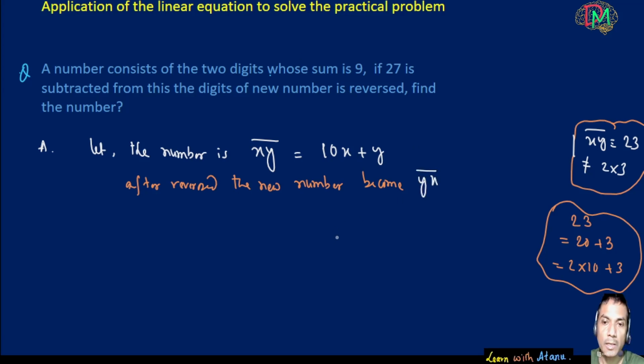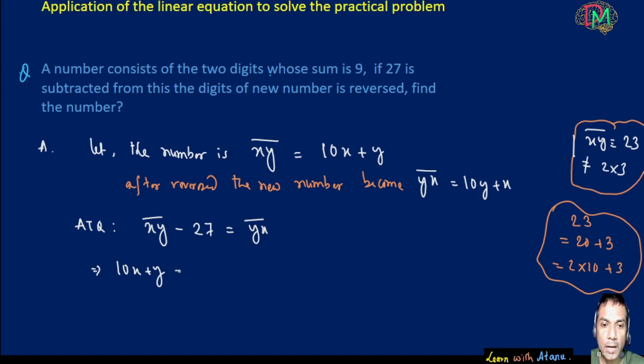After reversing, the number becomes yx, and yx means 10y plus x. Now according to the question, if we deduct 27 from the given number, we get yx. Clear? So now we can write the expanded form: 10x plus y is equal to, minus 27,